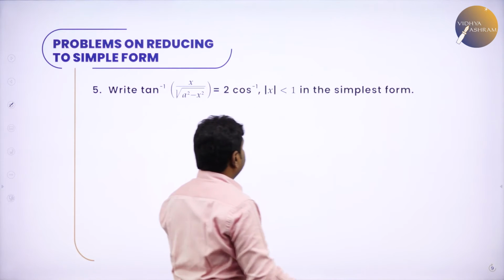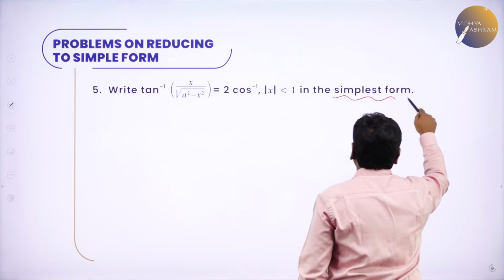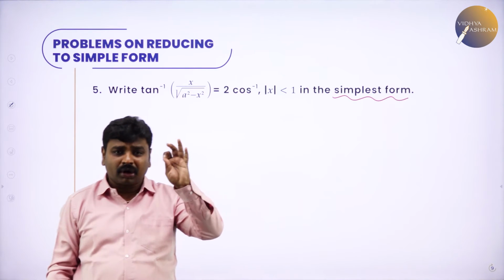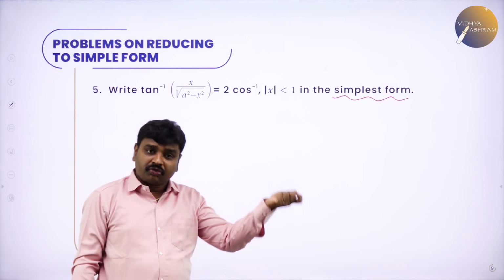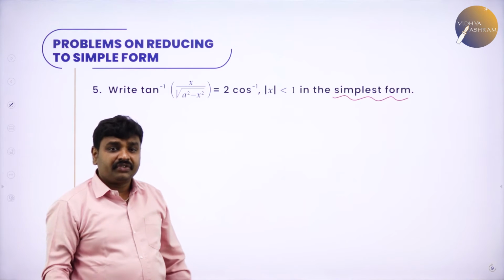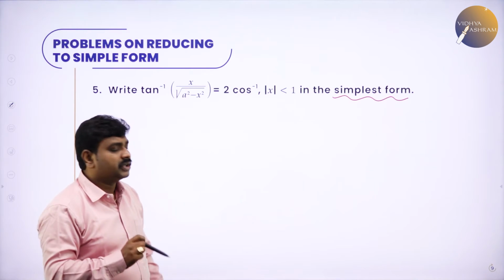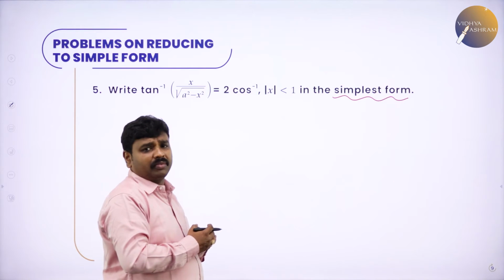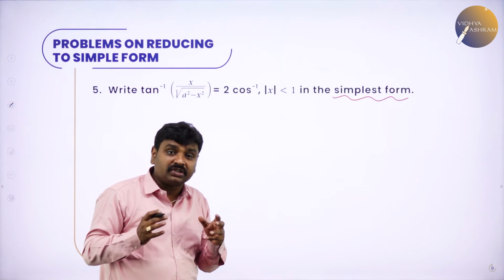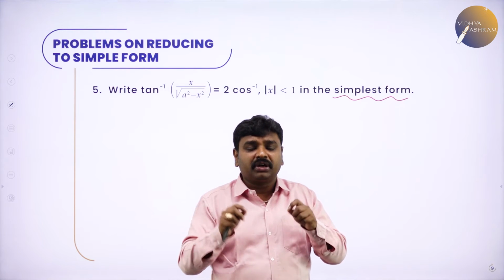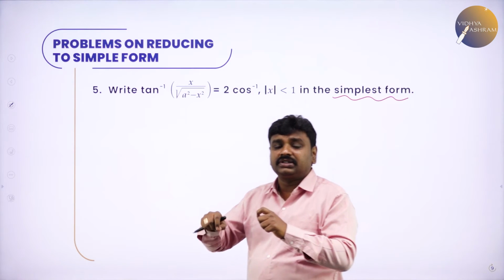Remember the hint. Simplest form. They are not asking you to prove anything, they are asking simplest form. So not only for problems of inverse trigonometry, for the problems of integrals as well as differentials, we should know the table of substitution. So I'll give the table of substitution, make a note of this table, then we'll go ahead with this problem. Because always the confusion is what to substitute. Trigonometry is easy, inverse trigonometry is easy, but when to substitute what is the question.